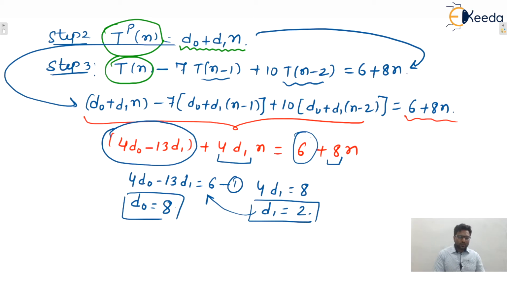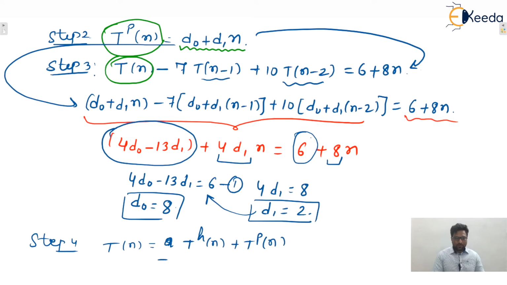Okay, so next one, what is step 4? Step 4 is, yes, we can say that Tn will be the homogeneous solution plus the trial particular solution. So what will be the homogeneous solution? You already found that one. That is C1 2 raised to power n plus C2 5 power n, plus